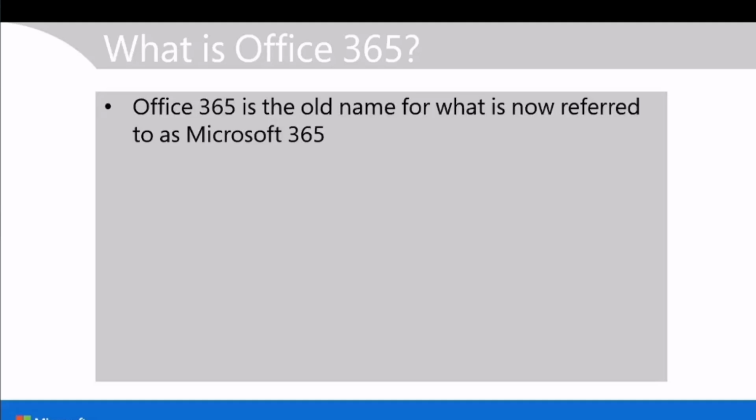This can be a little bit confusing because Microsoft 365 used to be the name given to a collection of software functionalities, including Office 365. So we need to forget the older name and just focus on the new name. So Microsoft 365 is what was earlier referred to as Office 365.